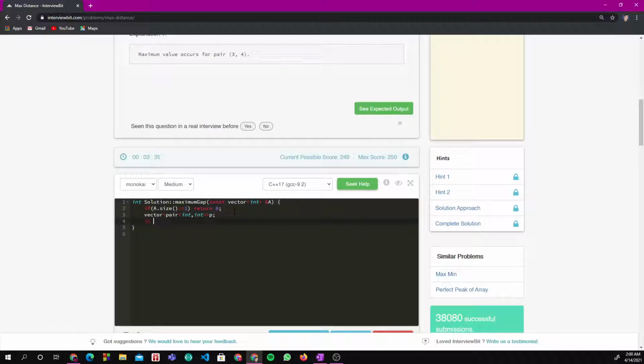So for i equals 0, i less than a dot size, i plus plus, P dot push back. I'm not writing make pair over here because I'm using curly braces, so you can do it like that as well, or you can write make pair. Done.